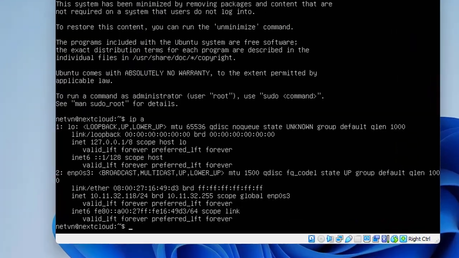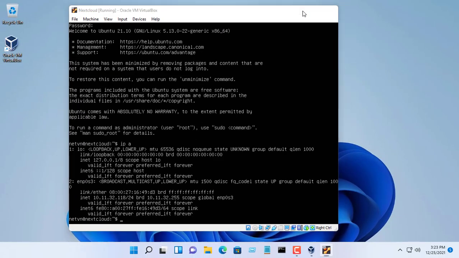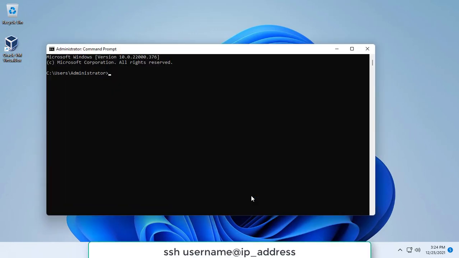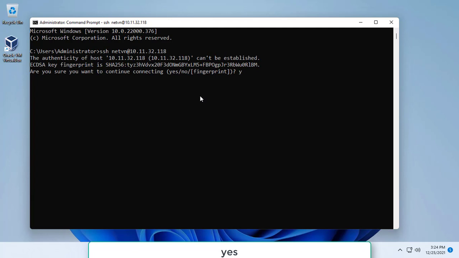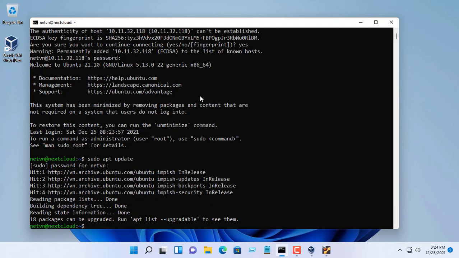If you forgot the IP address of the virtual machine, use the ip a command. You can enter the commands directly into this window to install Nextcloud, but I recommend connecting to the virtual machine via SSH as it will be easier. You open the command window and enter the command as above. Replace username and IP address with the ones that work for you. Then use the above two commands to update the Ubuntu Server operating system.